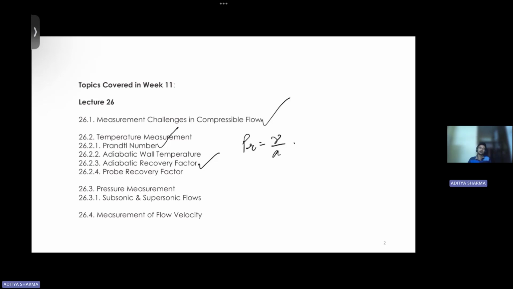So based on the values of these static pressures and stagnation pressures, we can also calculate the velocities of the flows, from Bernoulli's equation, right? These probes are used for both subsonic and supersonic flows. But in case of supersonic flows,